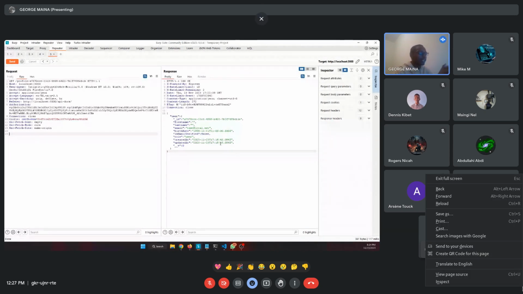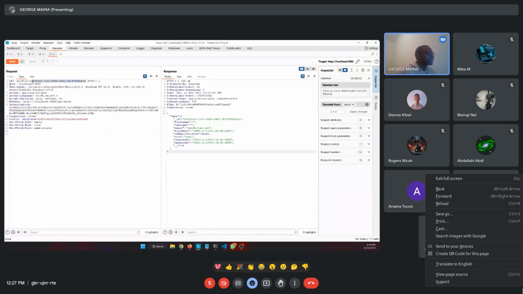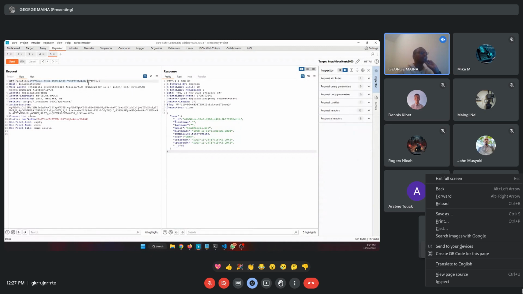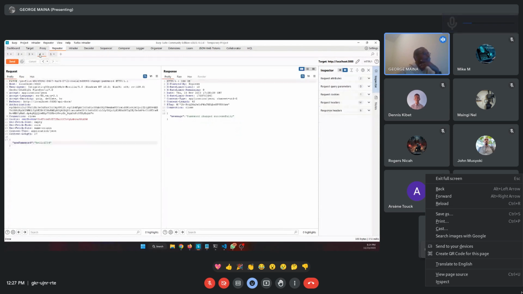This would be an IDOR with a P2, P3, because it's only giving you read access. And I will show you how with such a vulnerability mostly you can achieve write access, which would raise your bug to a critical. So as you can see, we have been able to identify that we are able to see other users' data. So the next thing you do is